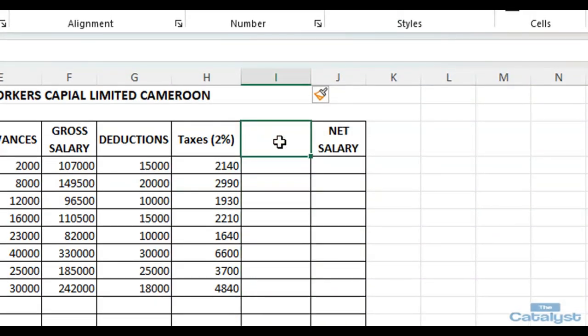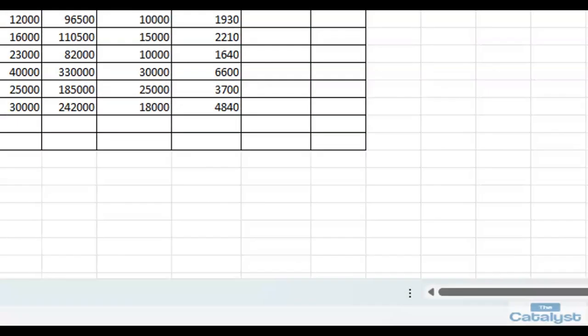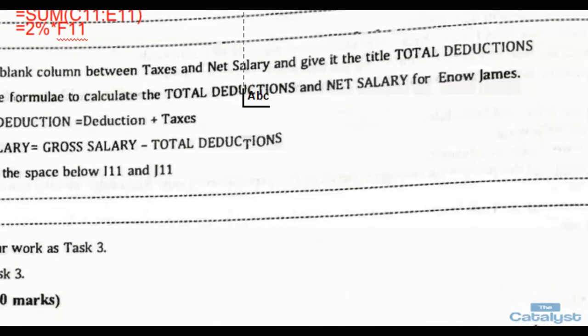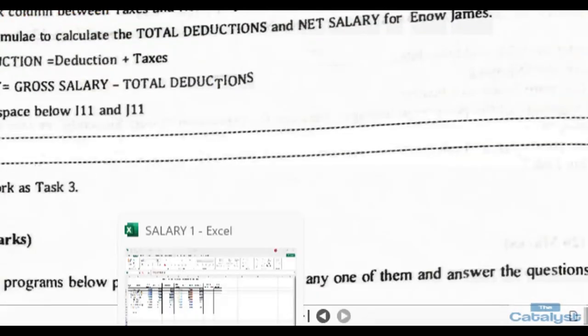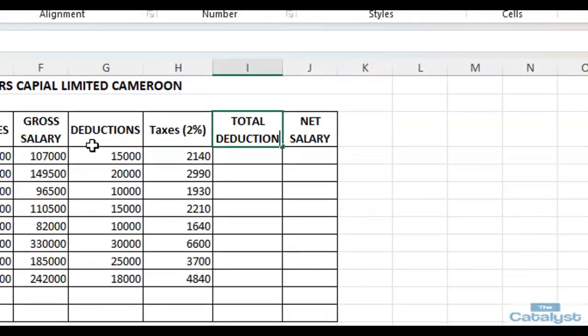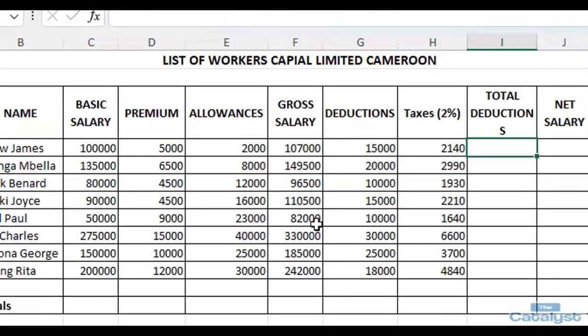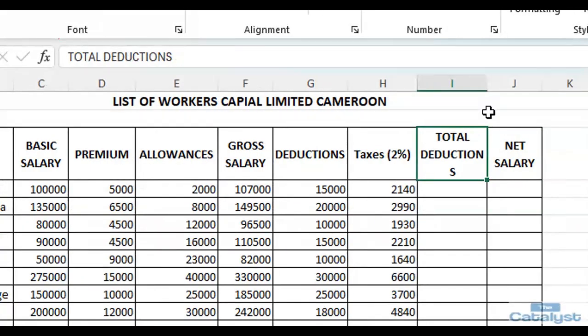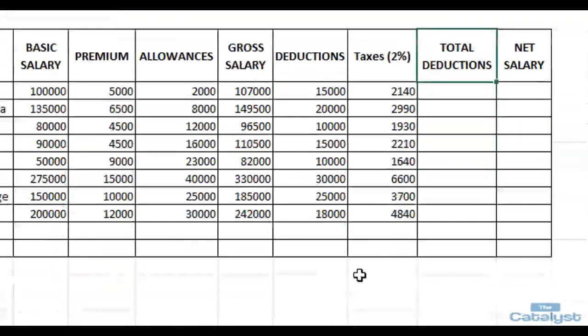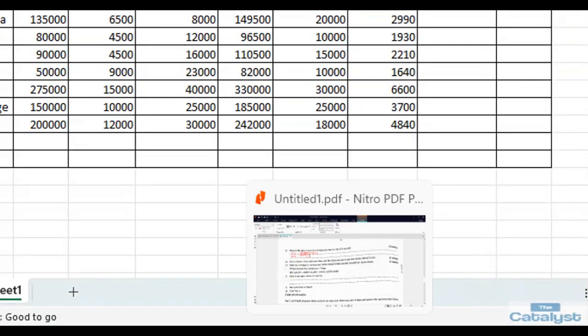The title is total deduction. So that's the name of that column, and we can see it written here again. Total deductions. Okay, there's an S to that. Voila. So we have done it. We have created it. Now,